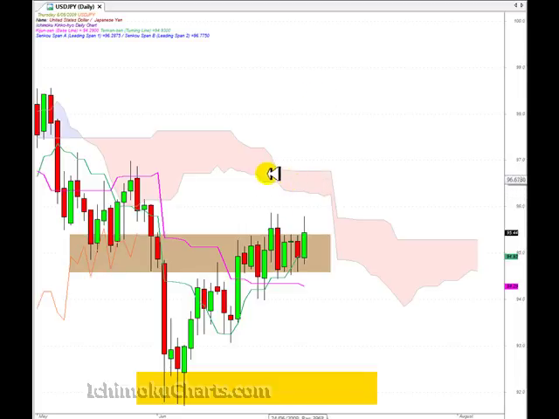Just one problem here, if it does do that, we have a flat Kumo here, and sometimes we can get false breakouts, but that may be a fair way off. That may never eventuate. But there is strong potential there for a decent price appreciation if we can trade up above the Kumo. Now we are though trading down below the Kumo at the moment, which means the market has a negative bias,